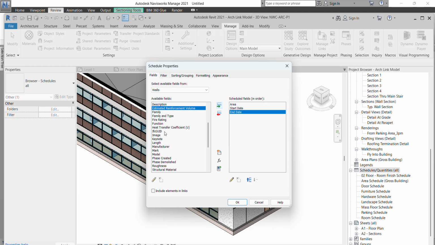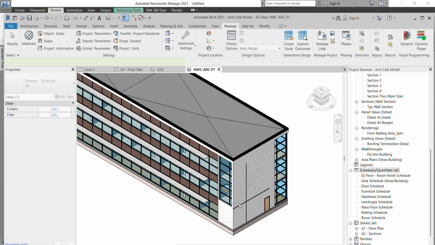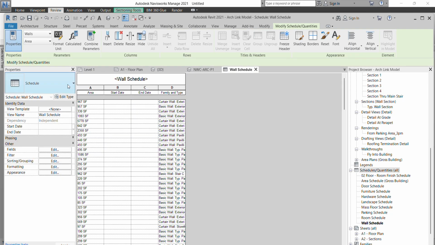So when you work as a project coordinator, MEP coordinator or any BIM coordinator, you should select this one. So when you go to the sheets, see, now you are able to see the start date and end date available. You can type 10, 11 November also. Now this is the way you have to create the shared parameter. So the shared parameters